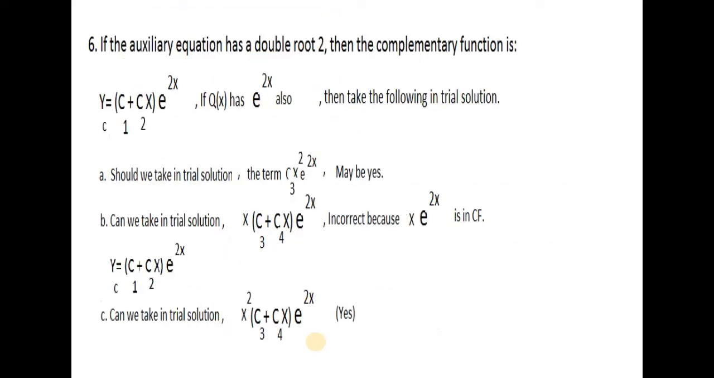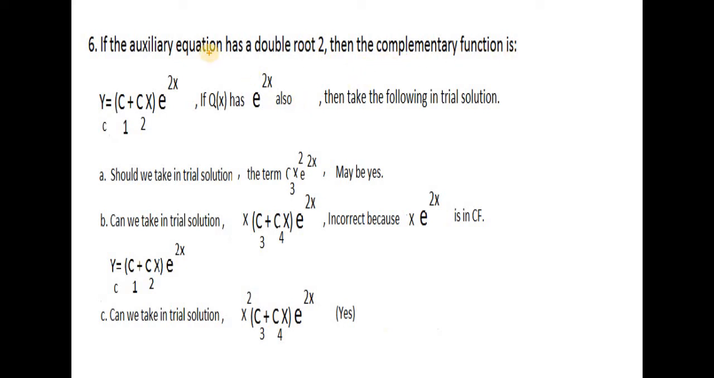Now we have point 6. We saw point 1, 2, 3, 4, 5, and this slide has point 6. If the auxiliary equation or characteristic equation has double root 2, then the complementary function is